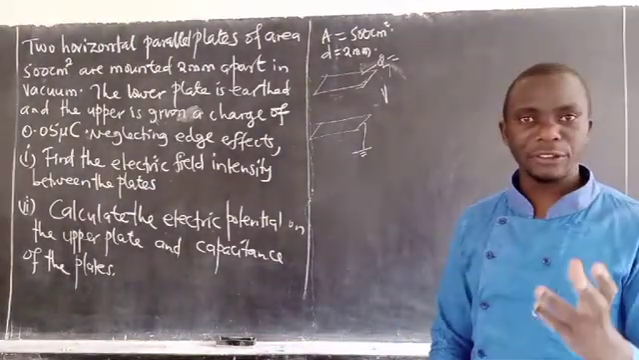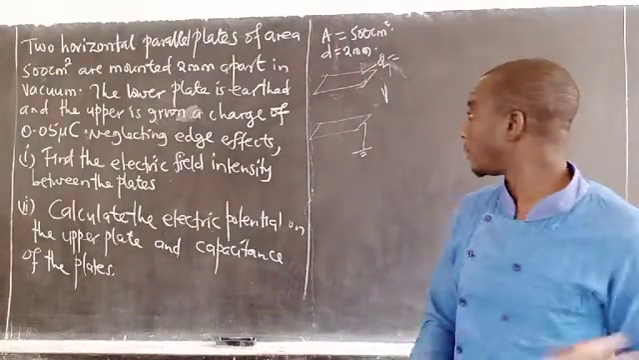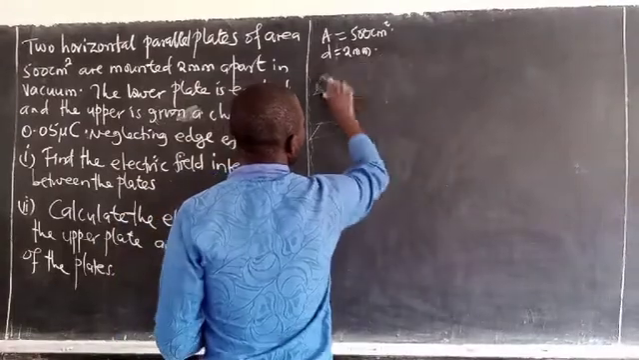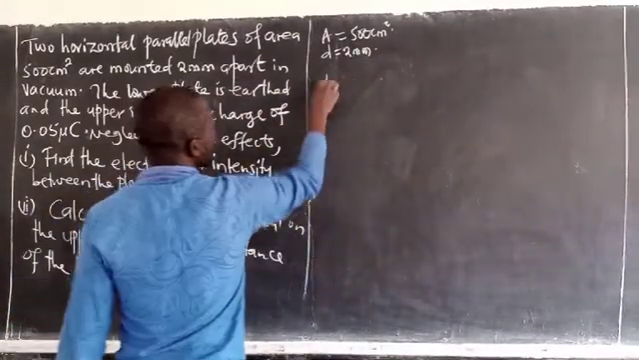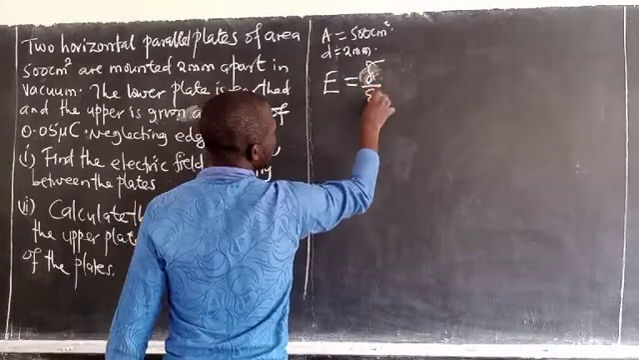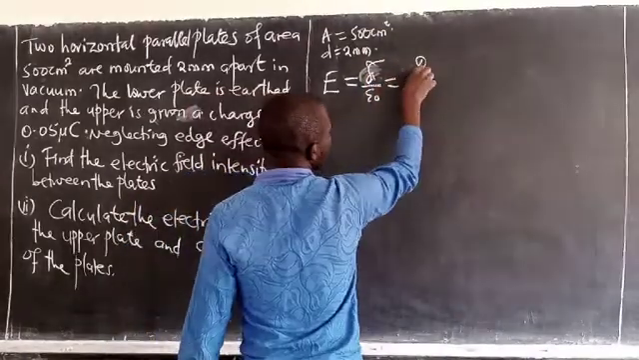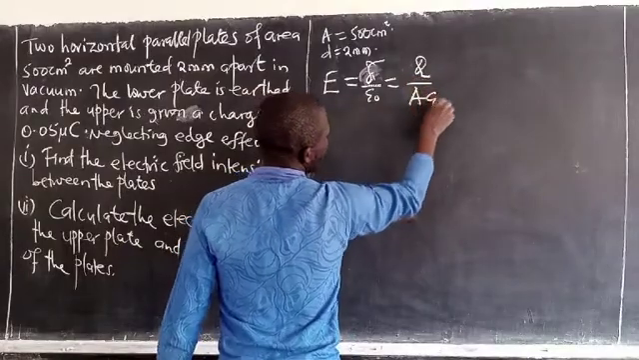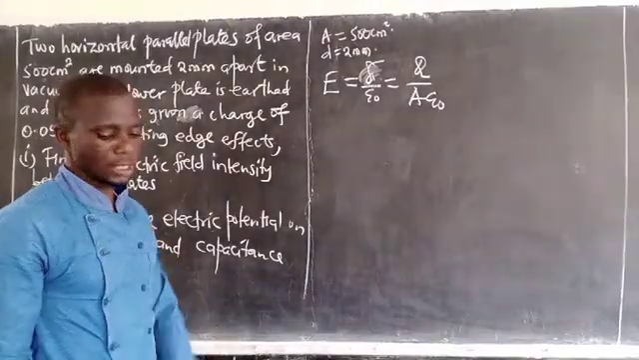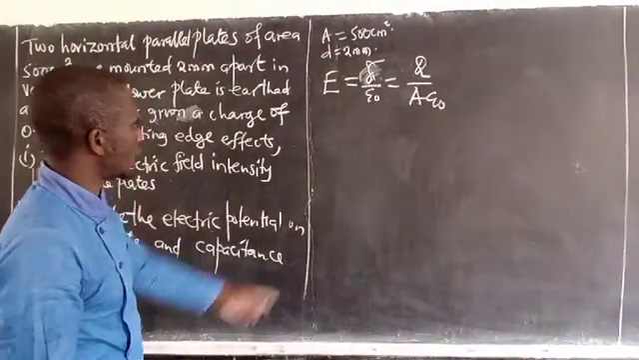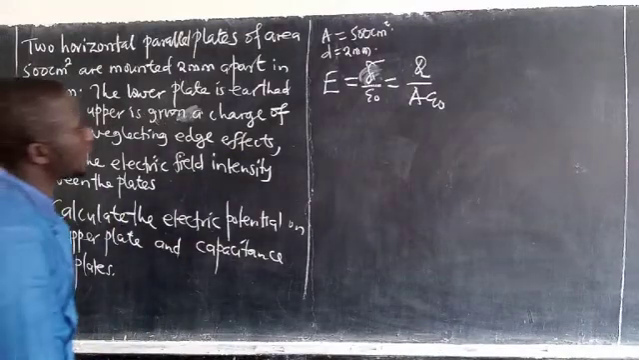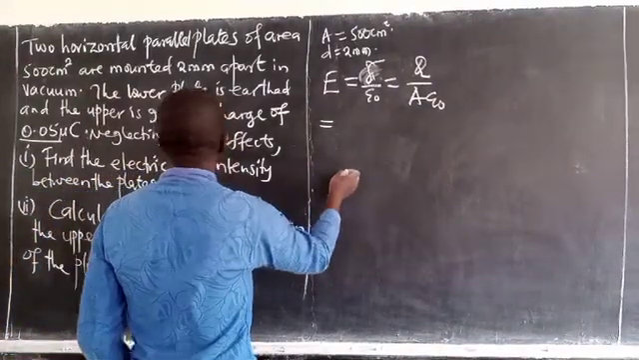From this lesson we have known that electric field intensity is sigma out of epsilon naught, which is also the charge out of A epsilon naught. The value of epsilon naught is always a constant. It can be provided, and the charge is given. We are told the charge is this. So therefore, our electric field intensity will become